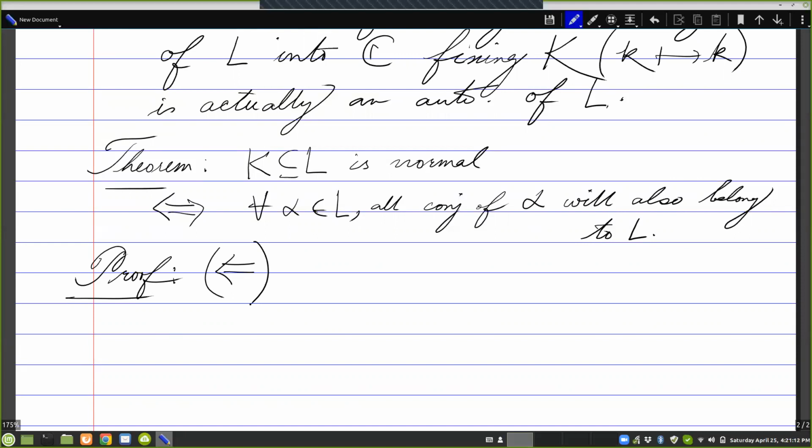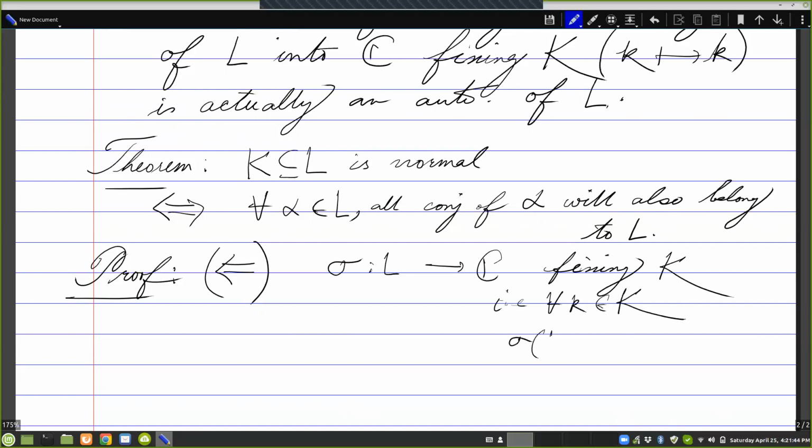is normal. That is in fact easy to see, because if you consider an embedding of L into C, we will first show that an embedding sends a conjugate to another conjugate. So if sigma is an embedding fixing K, that is, for every small k in capital K, sigma of small k is small k. Then what happens is that